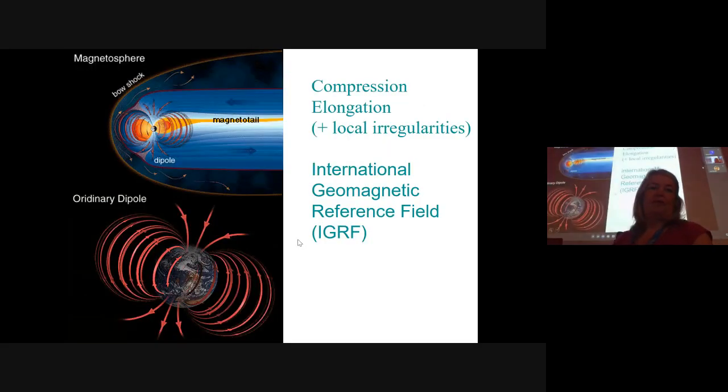But in fact, the magnetic field is not really a dipole because you have this compression in the direction of the sun, the day side, and on the contrary, the magnetic field lines are elongated on the night side. Typically, the magnetopause, the limit of the magnetosphere, is located at 10